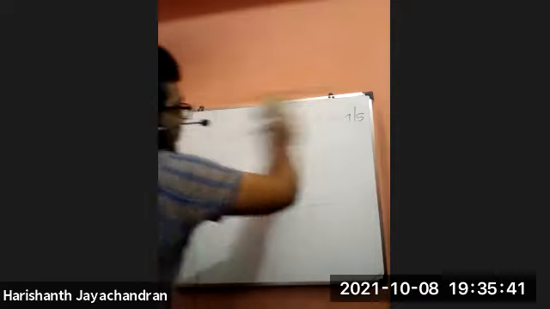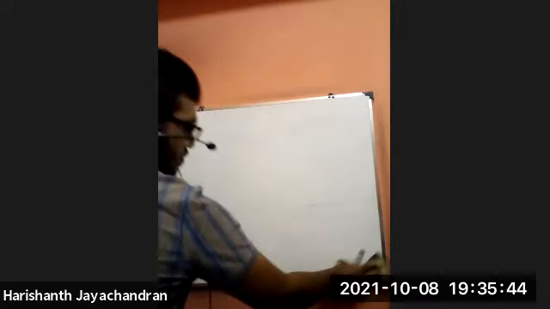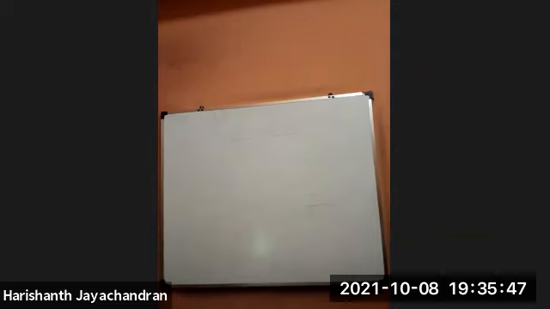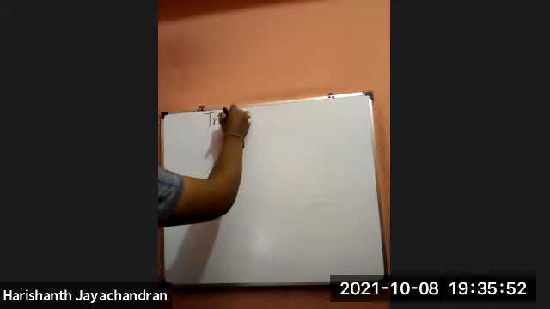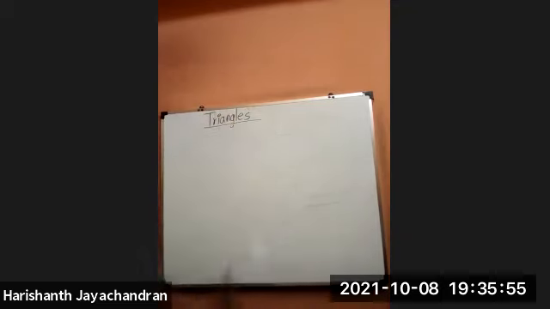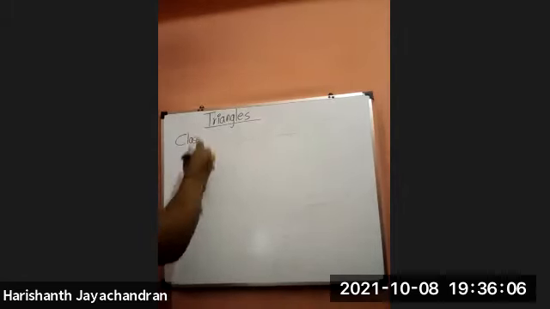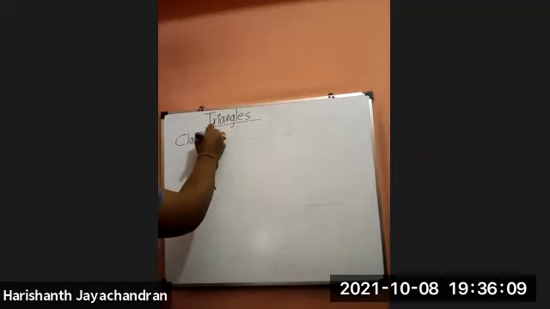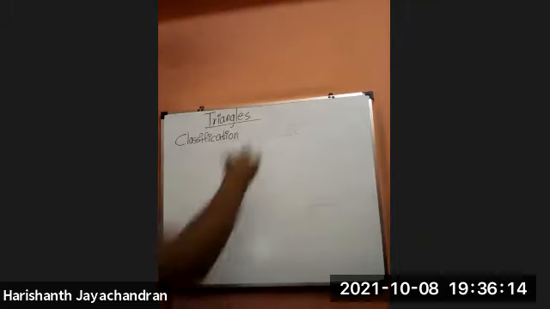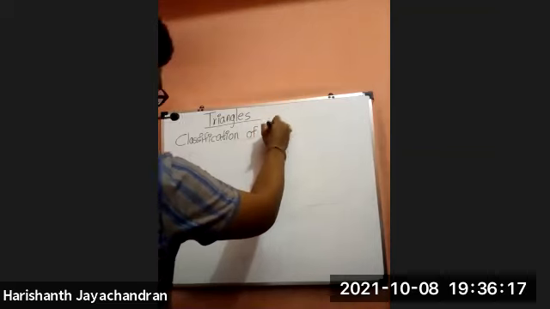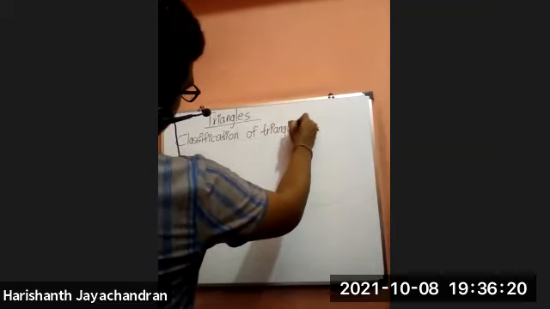So now we shall look into triangles, right? So write down the topic as what? Triangles. So when we look into triangles, we can probably say the classification of triangles according to the length of sides. So just quickly make a note on this, guys. It would be better if you all could write it along with me, so it's easier for me and we could move on further. So classification of triangles